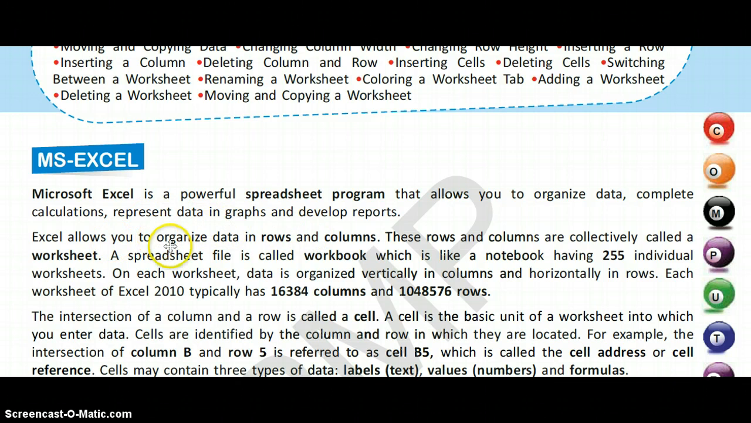Now Excel allows us to organize data in rows and columns. These rows and columns are collectively called a worksheet. So you must have seen a table, and a table consists of rows and columns. The vertical blocks are called the columns, and the horizontal lines are the rows. So collectively, the collection of rows and columns is called a worksheet, and a spreadsheet file is called a workbook,